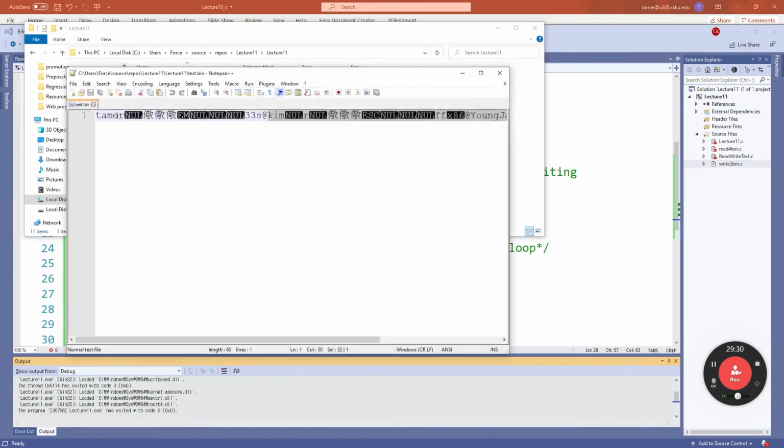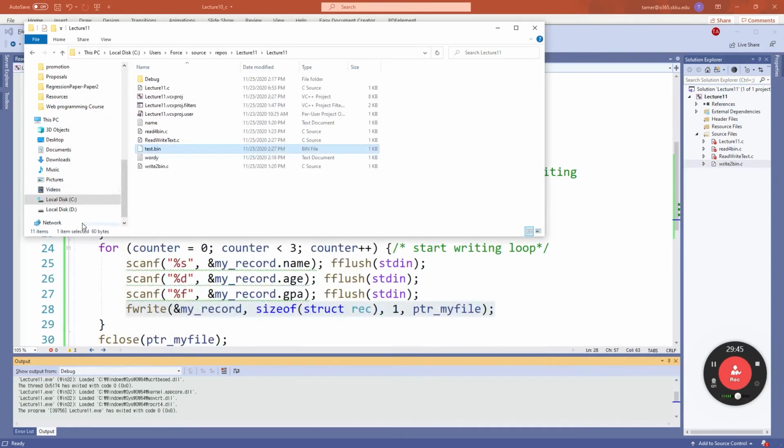So here it is. You find Tamer, but after that, we don't know what this is. And then there is Kim, and then you don't know. This is some numbers, and you don't know what those numbers are. Then there is Young J, and then there is some garbage which I don't know what it is. So if you open the binary file directly, you cannot know what this is. But we will read this one